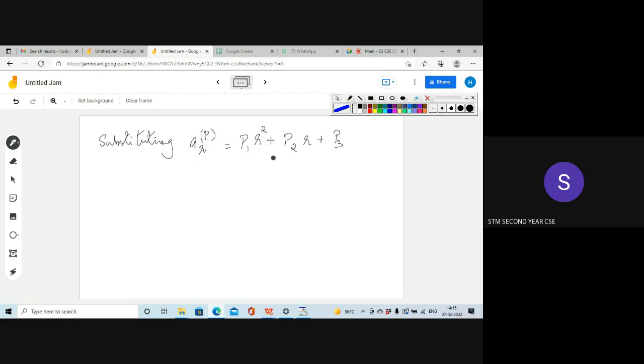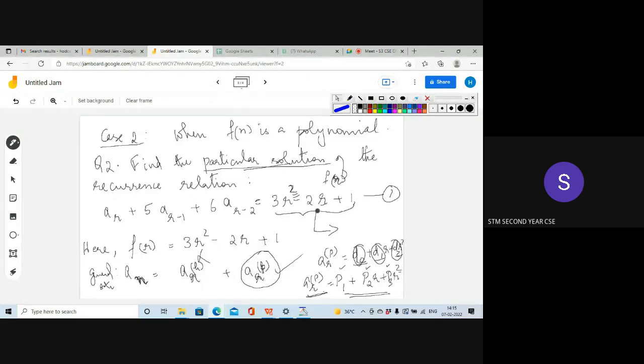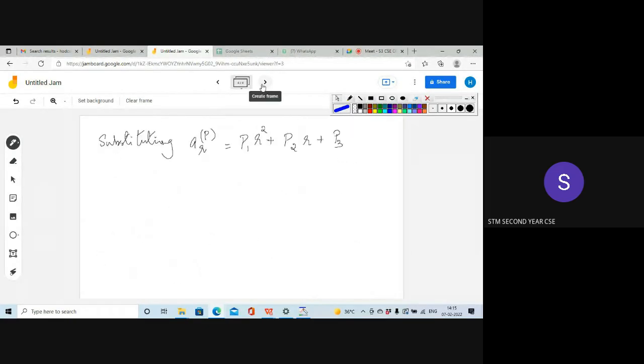This is the particular solution because our right hand side is a polynomial. So we have to write a particular solution correspondingly. Looking at the degree, the degree of the particular solution will also be the same. So we are assuming that P1, P2 and P3 are constants, and P1R square plus P2R plus P3 is the particular solution for this given recurrence relation. So now we have to find out the values of P1, P2 and P3. For that,